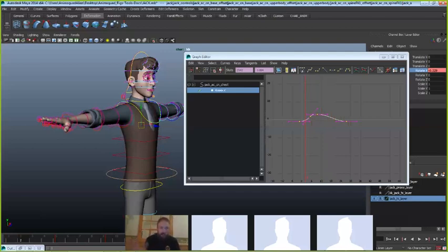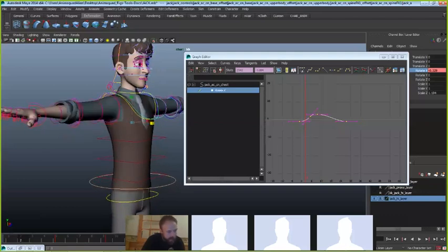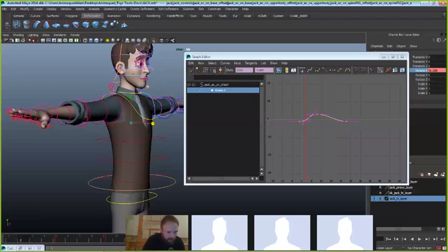I think for really subtle breathing, you can probably keep them on the same keyframes, because all you're looking for is a little bit of rise in the chest and to feel those shoulders growing. And then if we had a really good scale in the chest, I would probably bring that in there. I've got to dig into the rig and see. I know there's another control that lives right here that scales that area. But I think I just